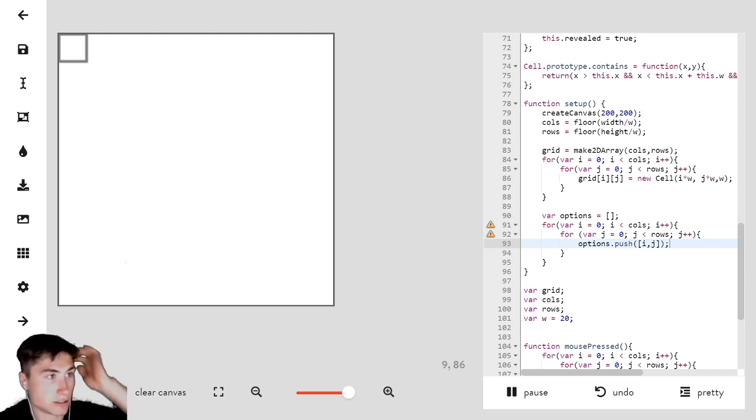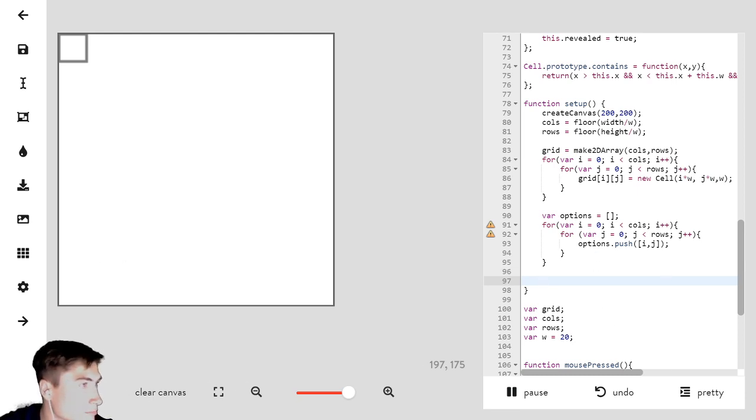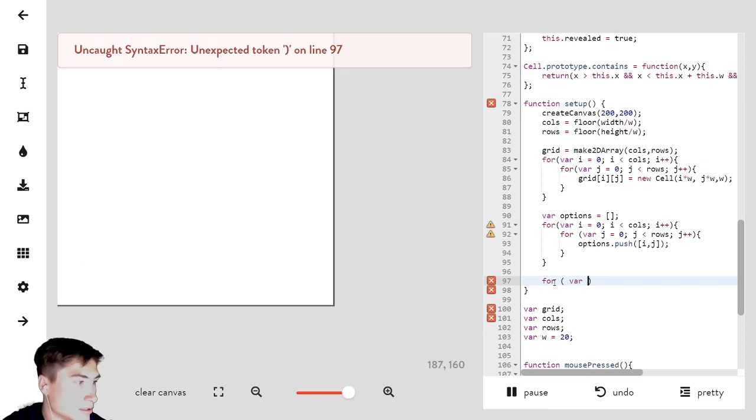Yeah, we'll eventually do that, no. Or we can. Yeah. I think we should. So okay, so now we need to say for var, actually we need to make a new global variable. Actually,